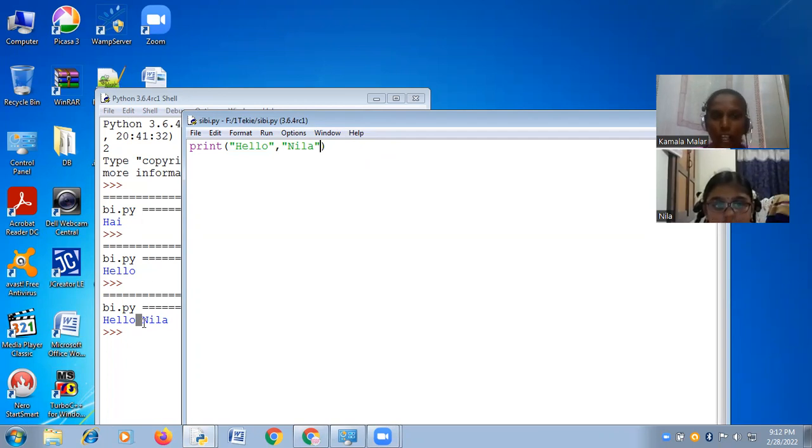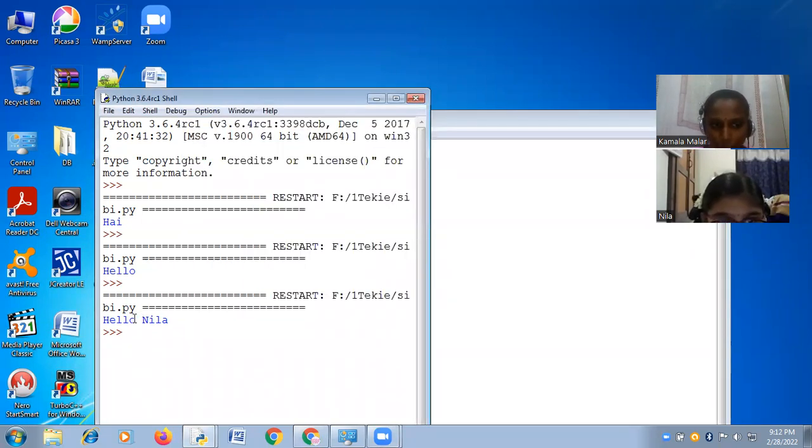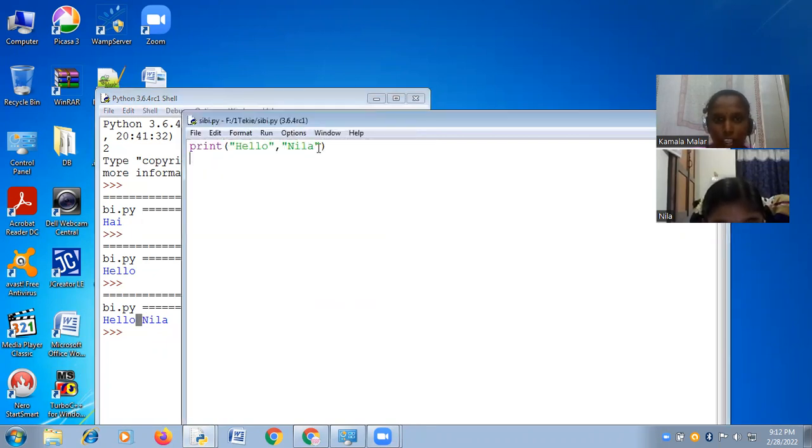In this run, you are able to see hello and you have a gap between hello and Neela, and at the end, you see your name Neela. So hello and Neela are separated by some space. Here, if you add another parameter known as sep, S-E-P, for separator,